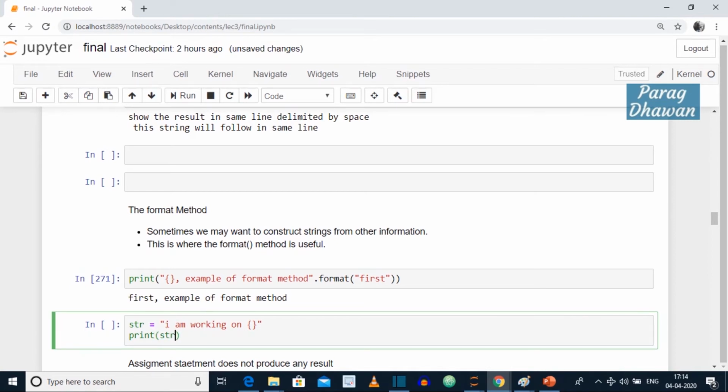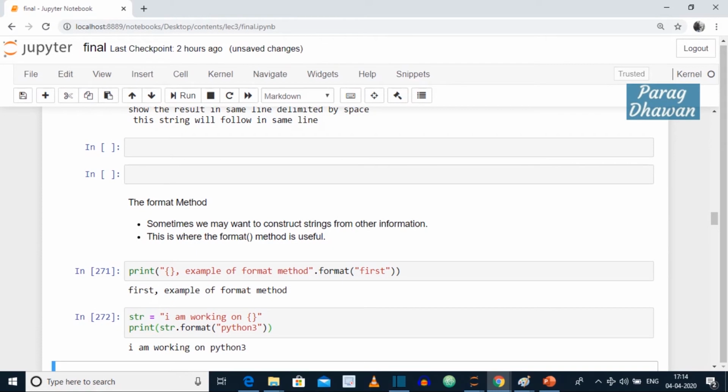Now inside the placeholder you want a string to be printed, therefore format method, format inside opening and closing parentheses with the string you want to pass. We are working on Python 3, therefore I am passing Python 3. Click on the cell, press shift enter. You can see the placeholder is occupied by Python 3.